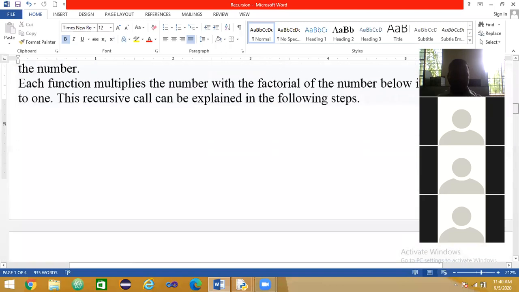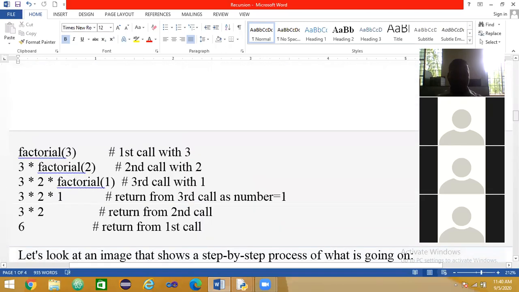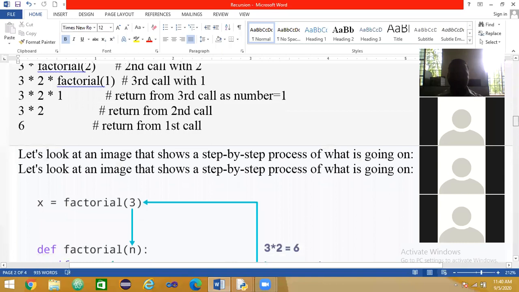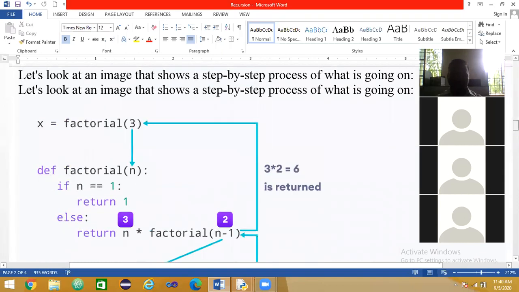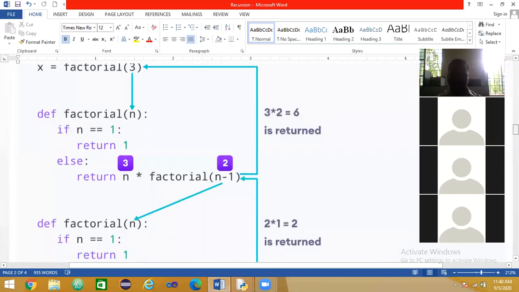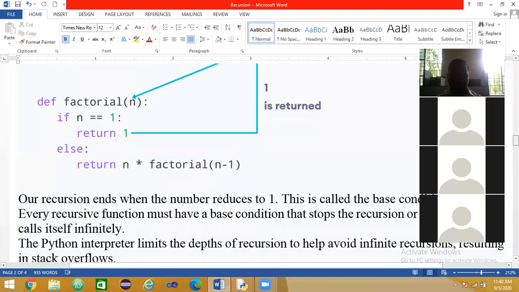See here, factorial of 3 is the first call with 3, and 3 into factorial of 2 is the second call. 3 into 2 into factorial of 1 is the third call. Lastly, it calculates the values and returns to the calling function. See, here is the diagram showing how it works. You go through this one.